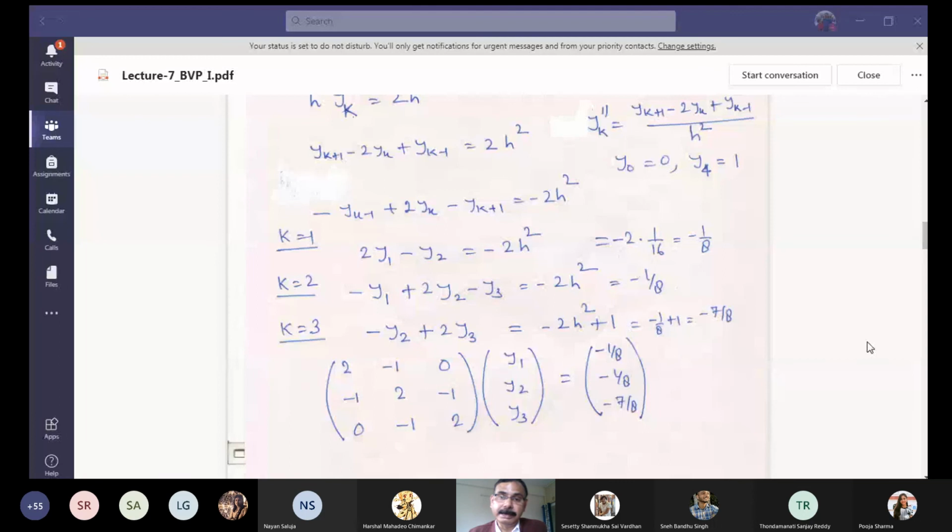Stability of multi-step method is not there. Right? Okay, sir, got it. Stability of single step method is there, but stability of multi-step method is not there. This BVP which I started today is also not there. Yes, as far as this first exam is concerned. Right? Thank you. Anything else?